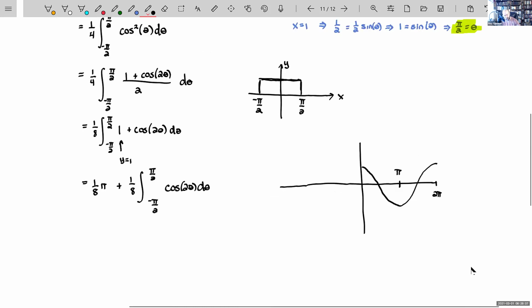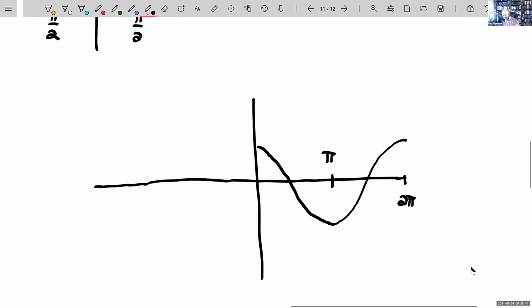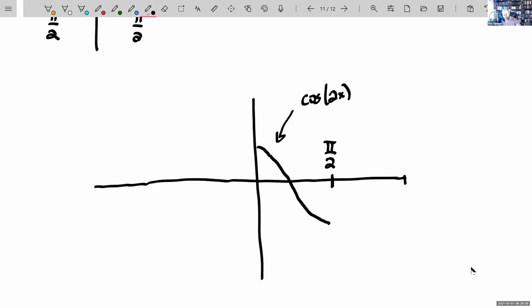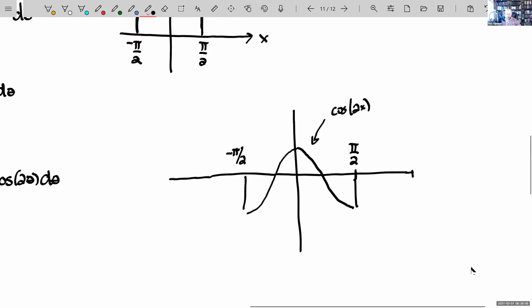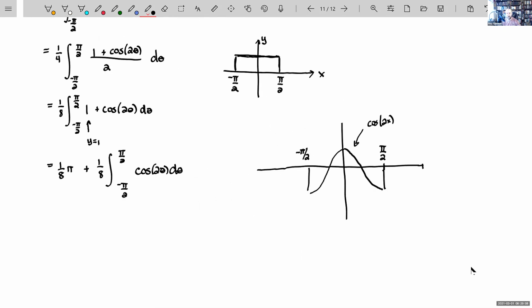However, we're not dealing with the cosine. We're dealing with the cosine of the double angle. And so it goes twice as fast. That is, it does a full circuit in time pi. It goes through half its circuit in time pi over 2. This is the cosine of the double angle. And we're integrating that from negative pi over 2 to positive pi over 2. That is going to be 0,